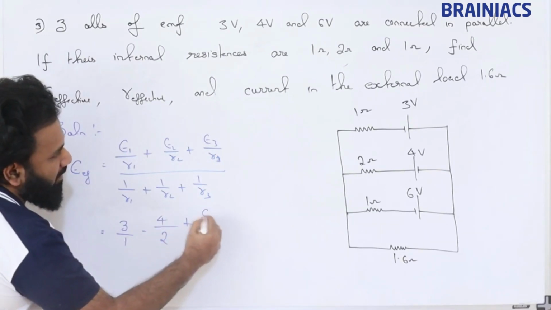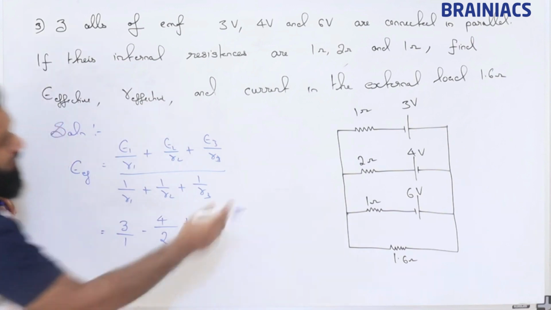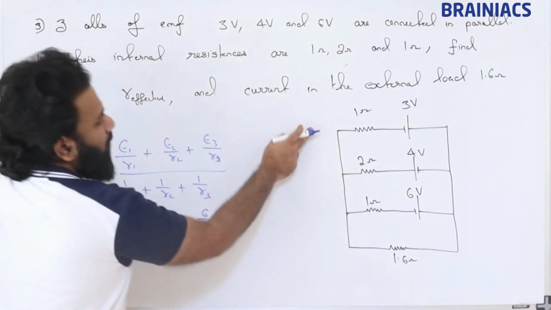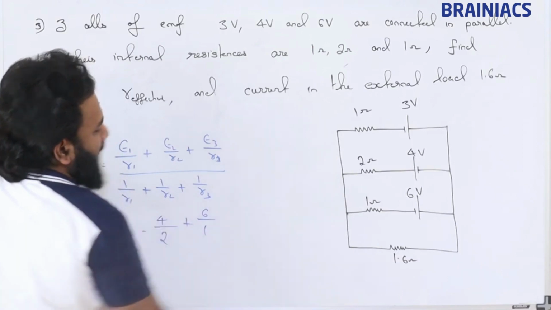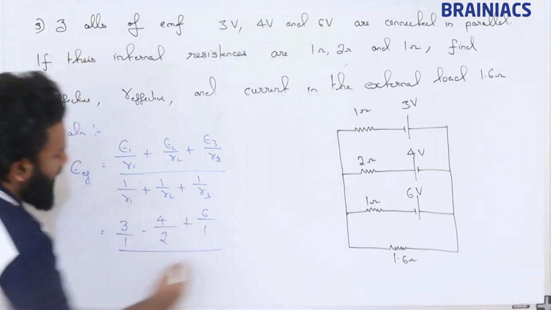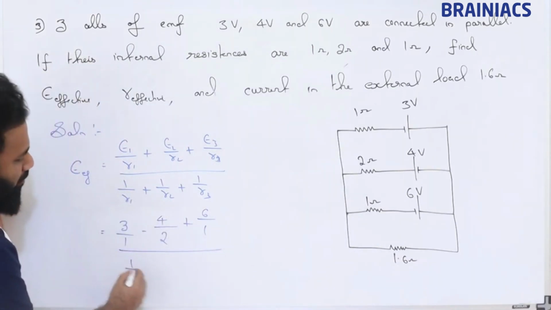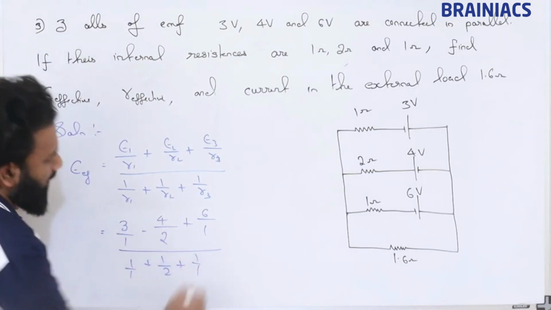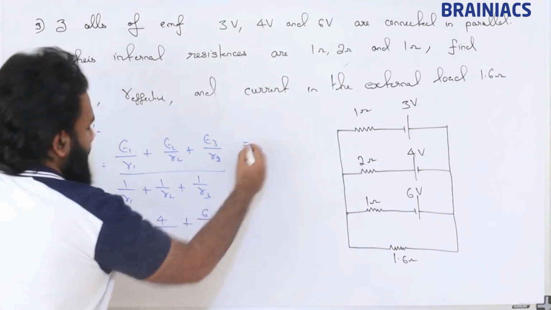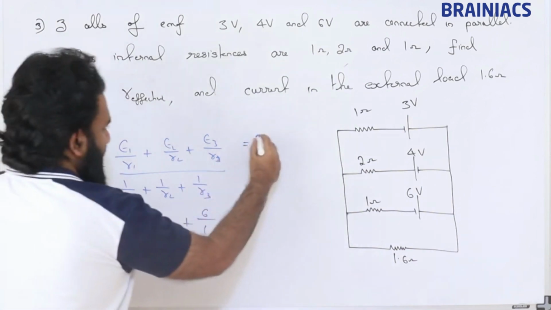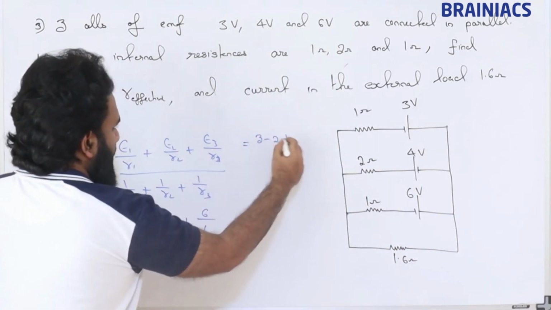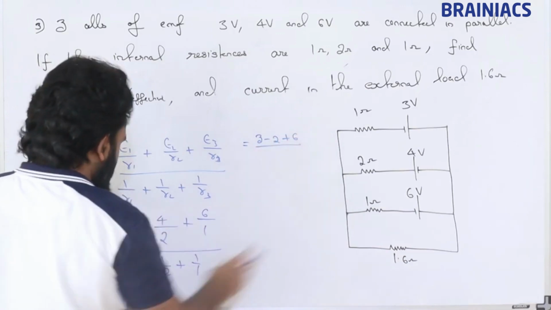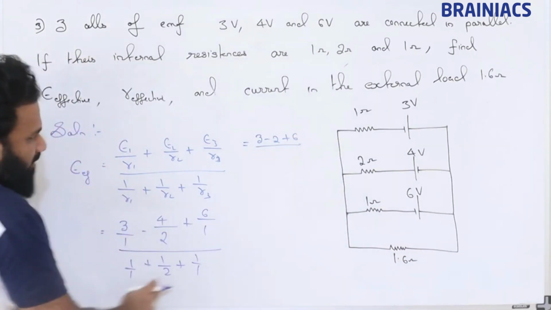Then plus 6 divided by 1, as 3 volt and 6 volt have the same polarity. Divided by 1 by 1 plus 1 by 2 plus 1 by 1. So this is 3 minus 2 plus 6, divided by 1 plus